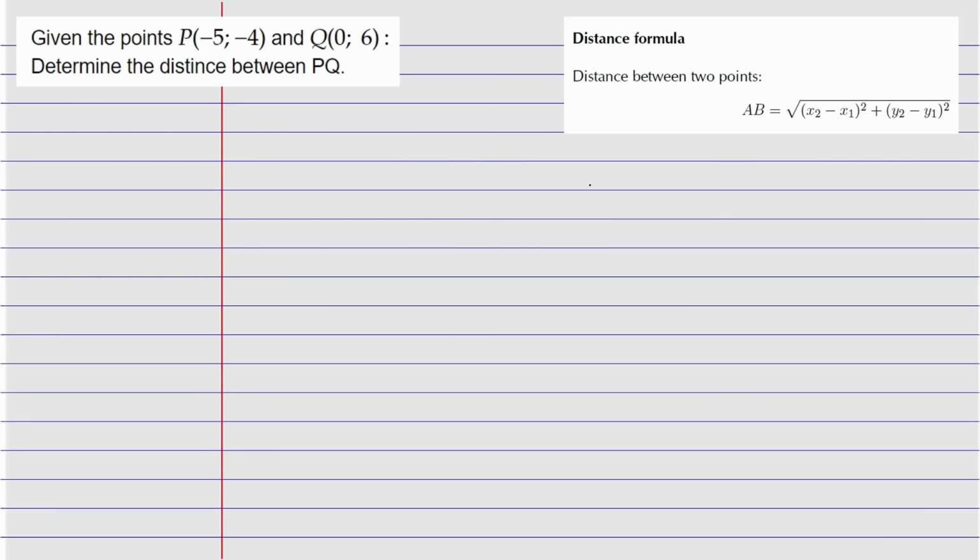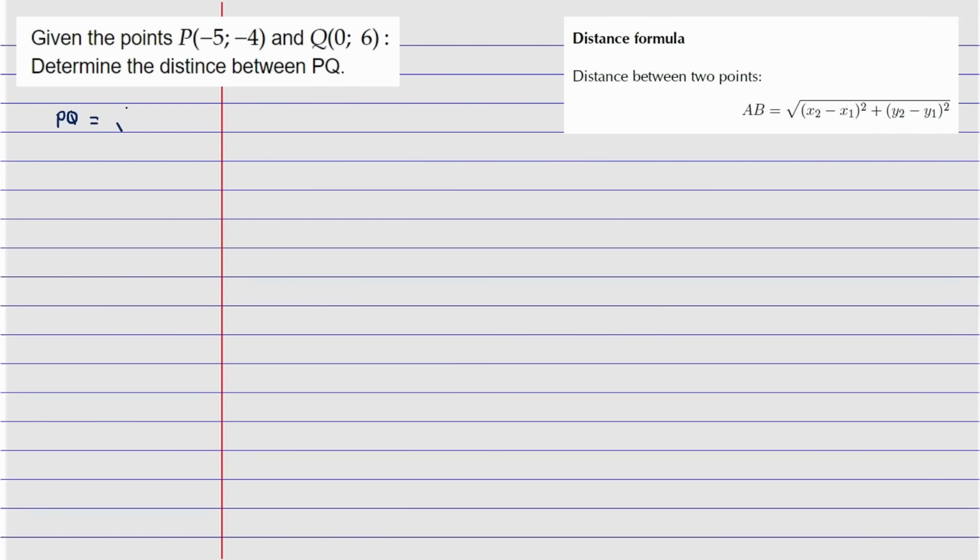With how I do my distance formula, I would name it. So in the formula, instead of saying x2 and x1, I'll just say xp and xq, and yp and yq. That way I know which coordinate I'm taking. I find it easy to do it that way. So it's going to be PQ